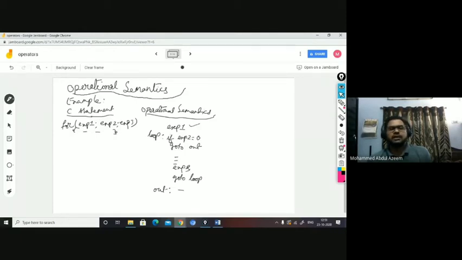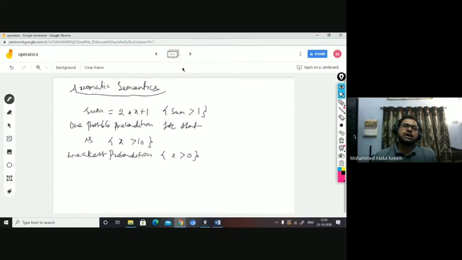This way the statements are executed until the condition is false. When the condition is false, you come to the next statement. So this is the operational semantics of the for statement. Similarly, you will have semantics for do, while, switch case, and all the programming constructs that you write.